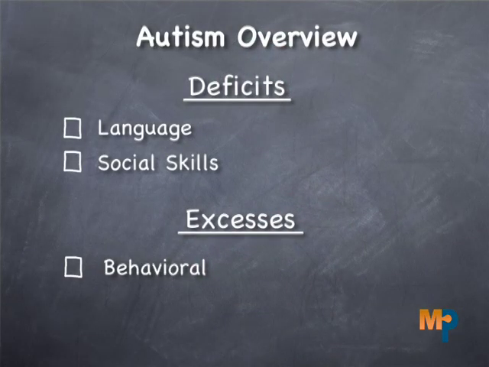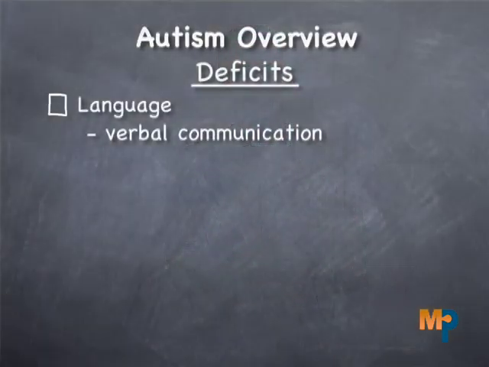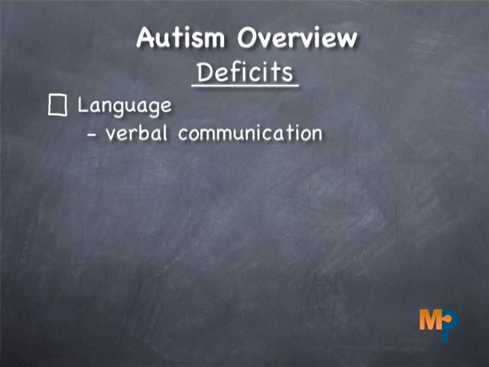These include two deficits: language deficits, social deficits, and excesses, behavioral excesses like tantruming, crying, and screaming. So let's talk about the language piece of that. There are several components that make up the language that a child with autism uses. And one of the impediments that children often experience relates to their verbal behavior or their verbal communication with other